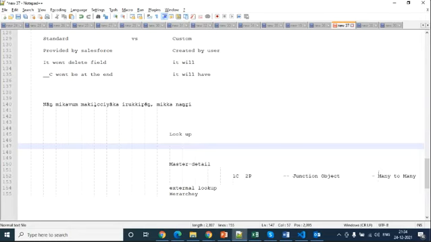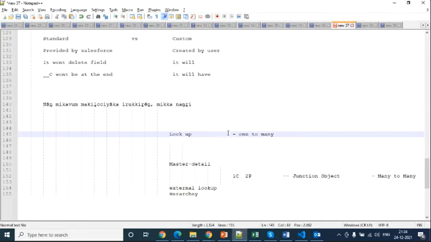See, many-to-many is a concept. There is no relationship called many-to-many. It's just a concept. Lookup is one-to-many: one object is associated with one more object. One object will be the parent, another object will be the child.